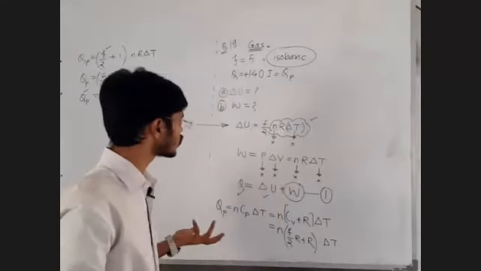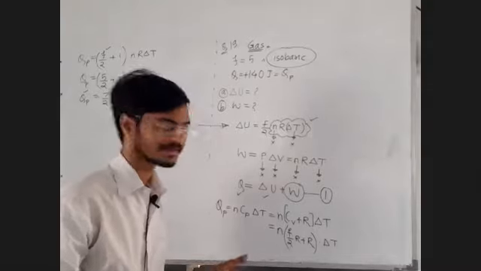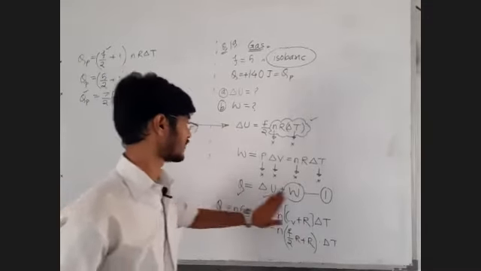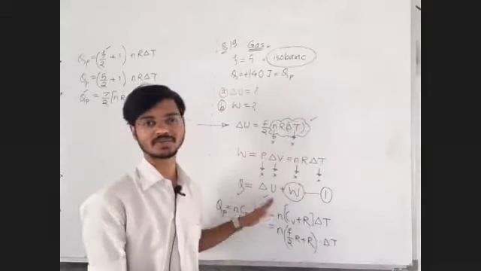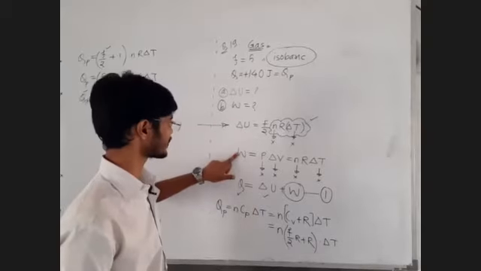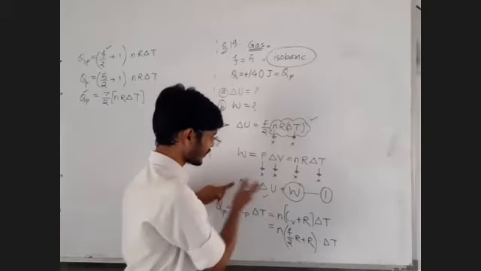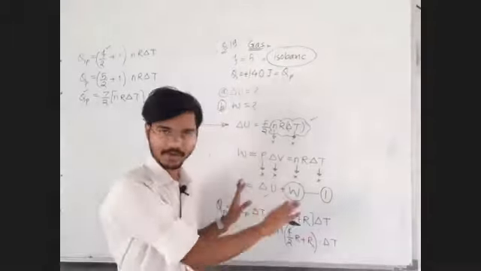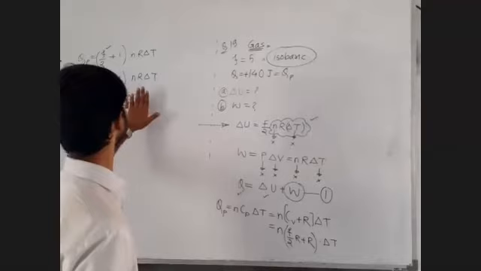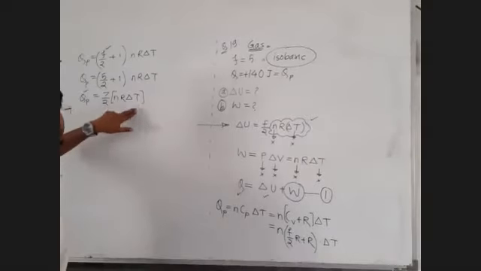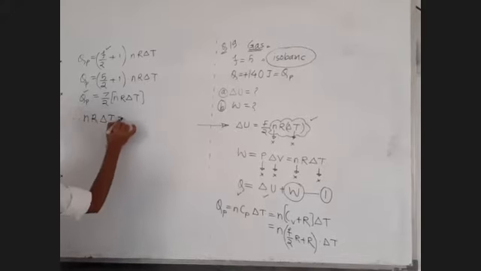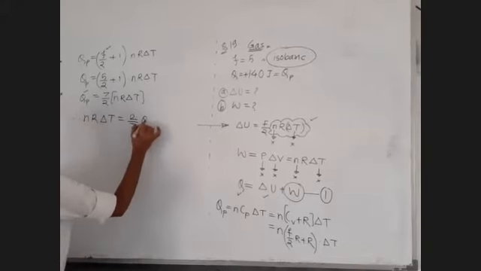If you don't know what to do next, give a try. I gave this try and found one equation and two unknowns, so all the tries failed. I wrote the equation for what is asked, still I failed. So I wrote the equation for what is given, and I succeeded. Fine, sir. So nR delta T, therefore, nR delta T is equal to 2 by 7 times Qp.